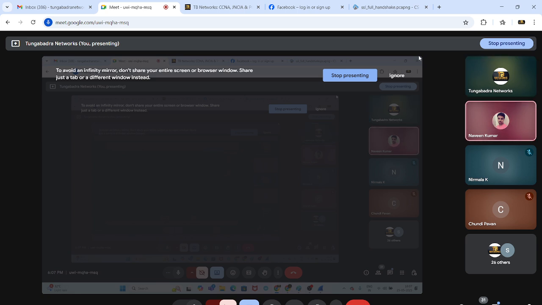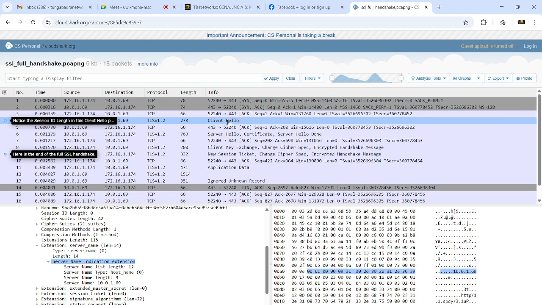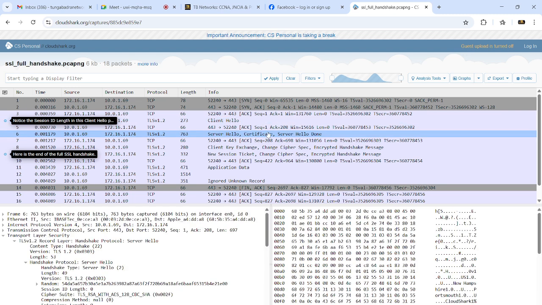If you see here, we'll be having the server hello and we'll be having the certificate, right? Are you seeing that certificate? Actually, we have to see the certificate there, but I'm not sure what is going on behind. We'll verify that.